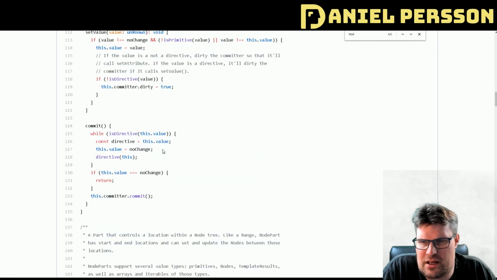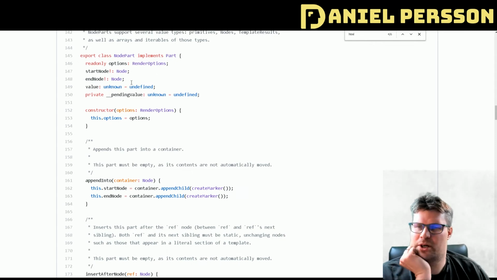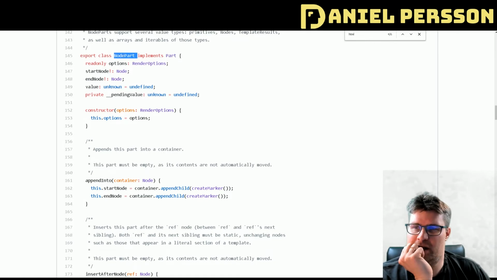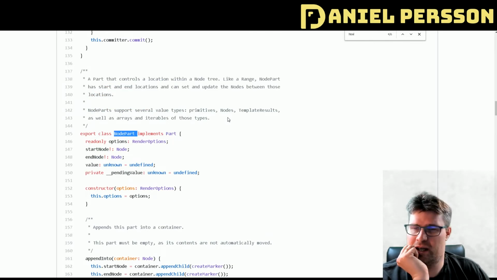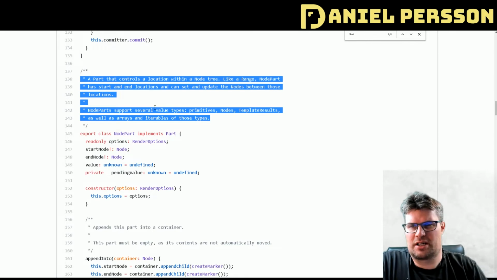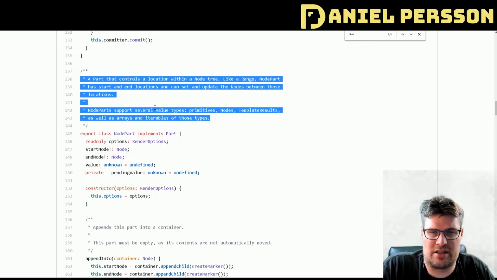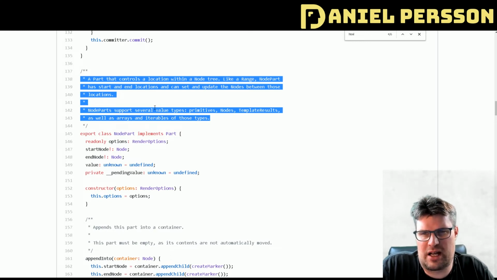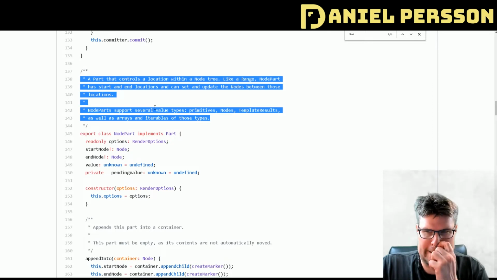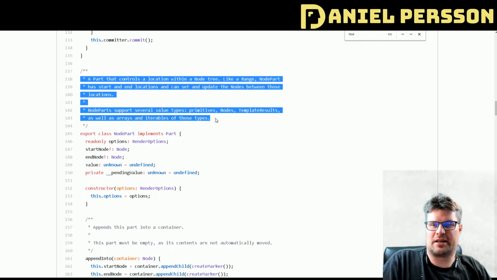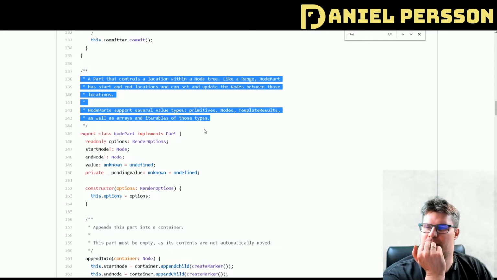Let's see if we can find the node part. Here we have the node part, and that's a part. So we don't know what a part is yet, but we know that there is a node part here. And we also have some comments here. A part that controls a location within a node tree, like range node part, has a start and an end location and can set and update the nodes between those locations. Node parts support several values, primitive nodes, template results, as well as arrays and iterables of those types. Okay,